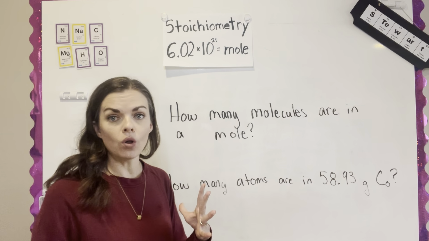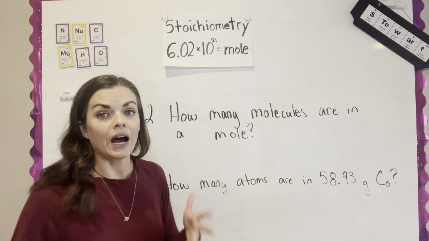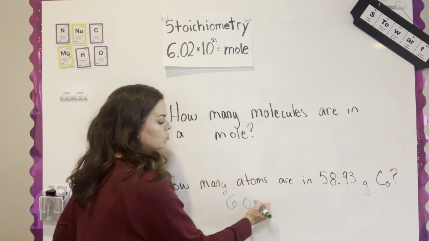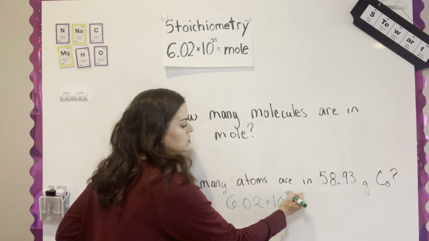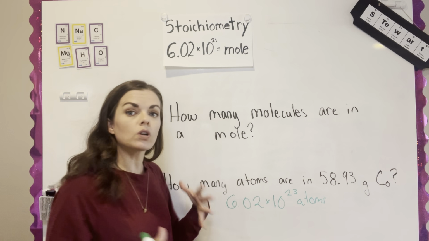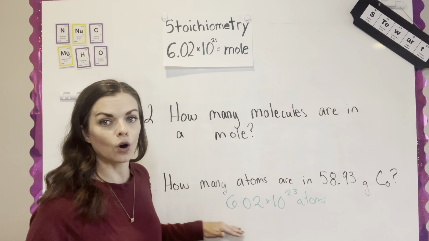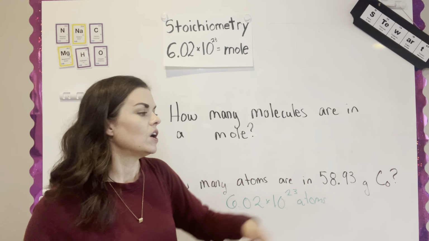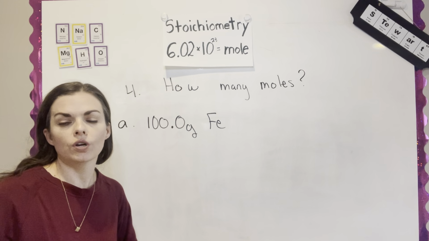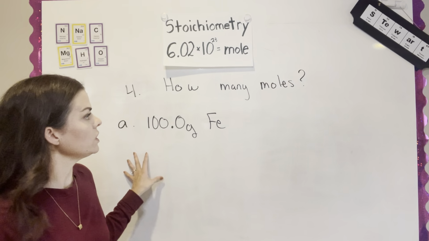So if 1 mole of cobalt weighs 58.93 grams, I know in 1 mole I have 6.02 times 10 to the 23rd atoms. So if you were to mass out 6.02 times 10 to the 23rd atoms of cobalt, you would have 58.93 grams. For question number 4, you're going to have 3 parts, and in each of those parts, you're converting from